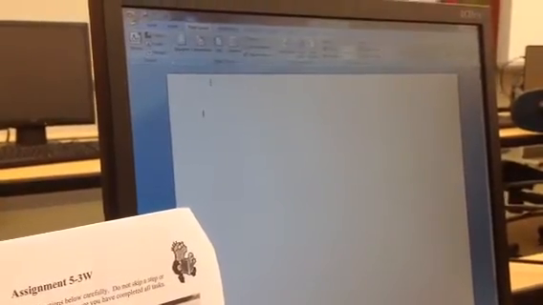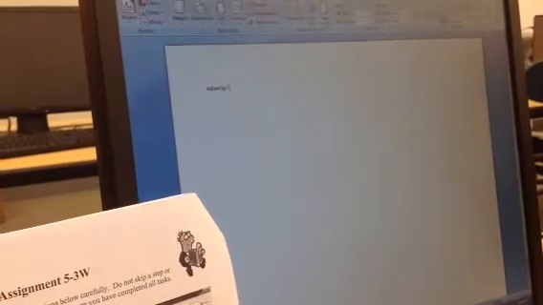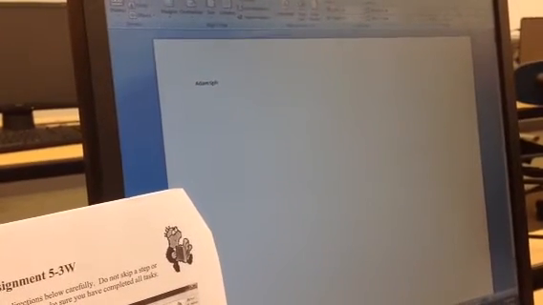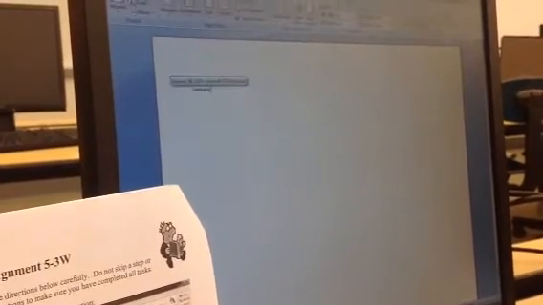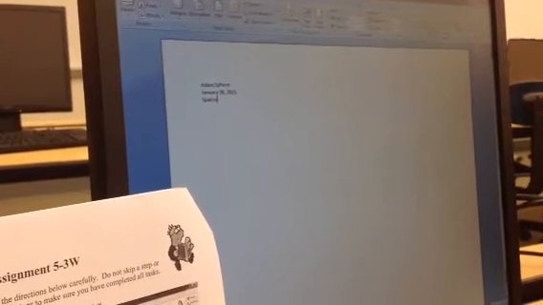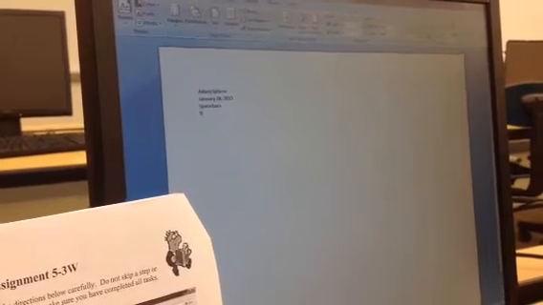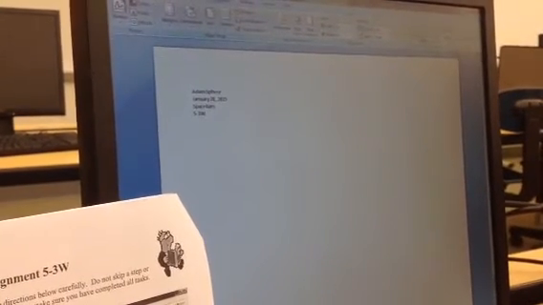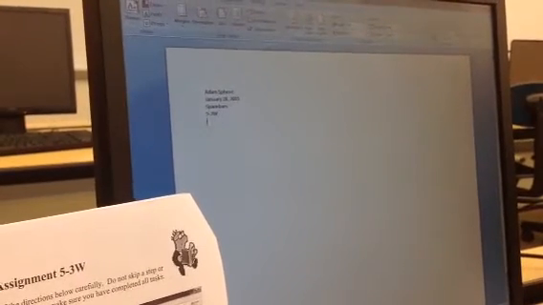Now we're ready for step number 3. Step number 3 tells us to type our proper heading. My name is Adam Sphere. Today's date, January 28th. The name of this class, which is the Space Bars. And the assignment, 5-3W. After typing our proper heading, we learned that we should always strike the enter key twice, and we're